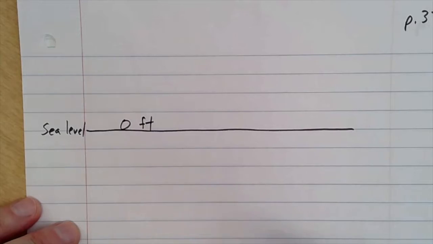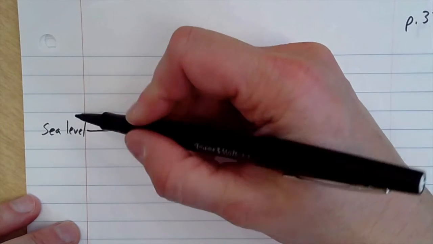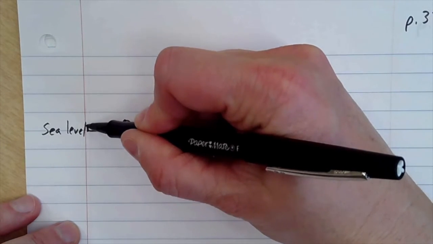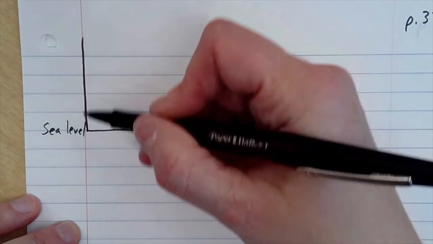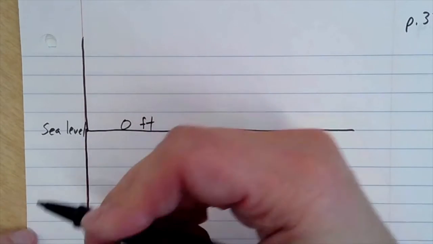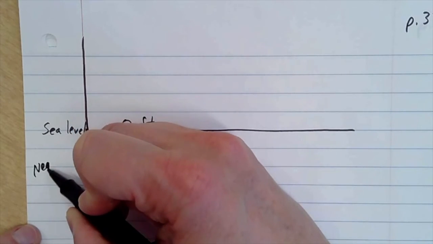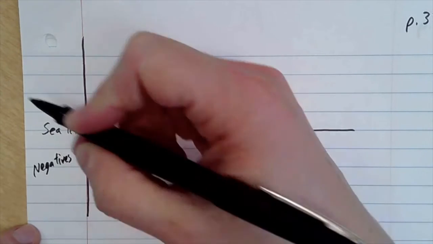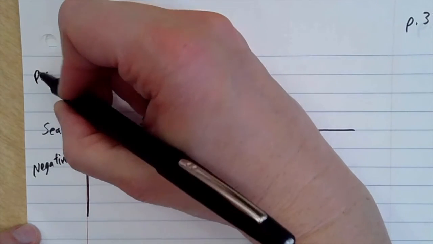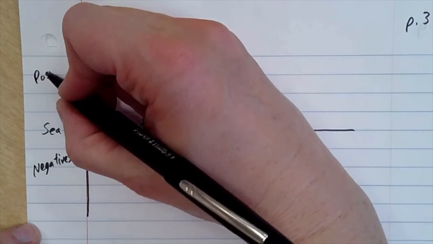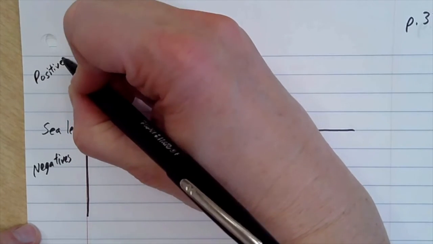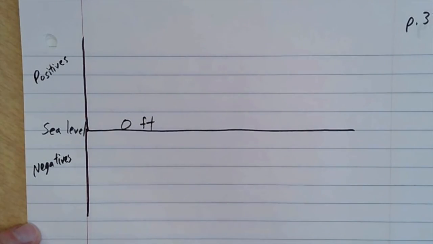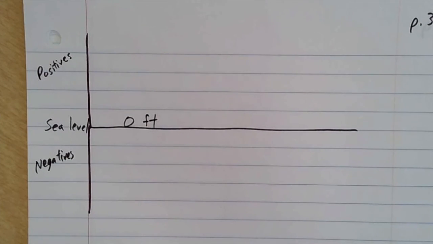So we know we're going to have things in our picture that are above sea level, and we know we're going to have things that are below sea level. What does that mean? These numbers down here are in the negatives, and these numbers are positive. So that kind of helps us when we're doing this. So we'll have to go back to